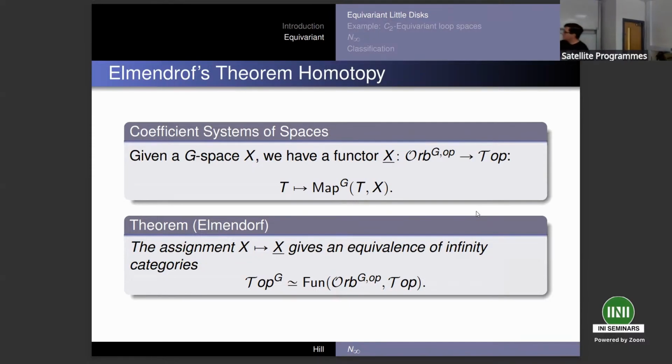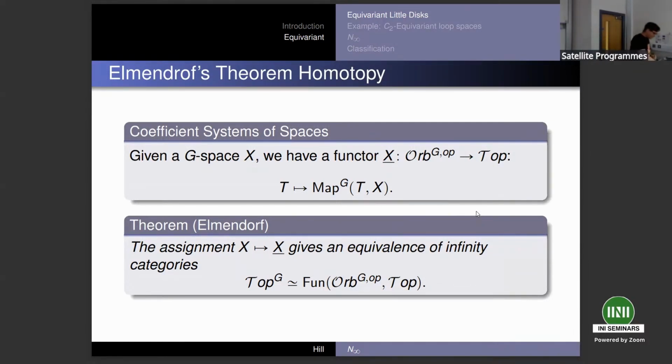But then I'm just using this sort of Yoneda embedding, given X, I get this functor. In fact, given a G space X, I really had a functor from all G spaces into Top, but I can restrict it to just finite G-sets, or I can restrict it further to these orbits. And what Tony told us is that this assignment that goes from my space X to my coefficient system, a functor from the orbit category up into Top, gave me an equivalence of infinity categories. It took me from G spaces to functors from the orbit category into spaces.